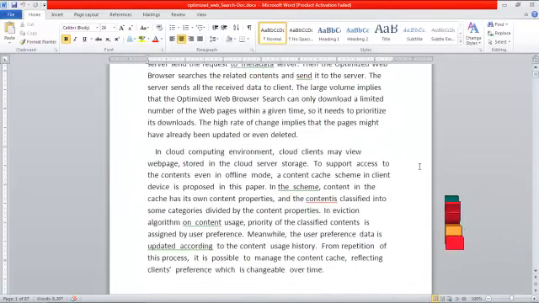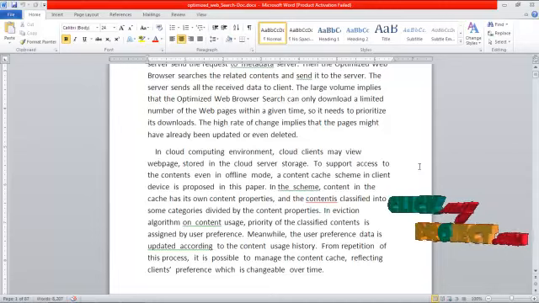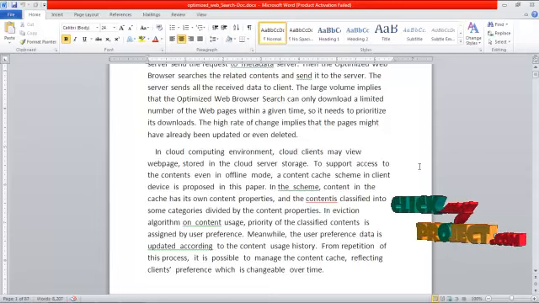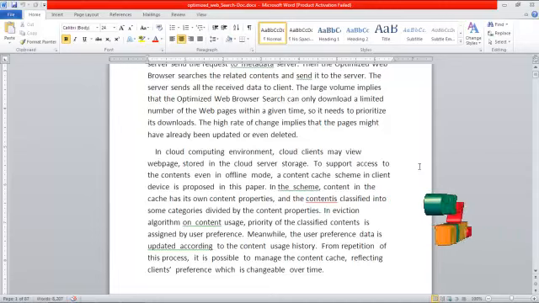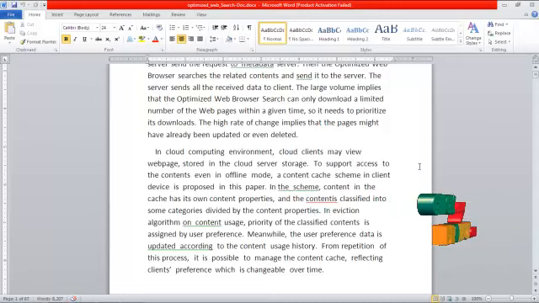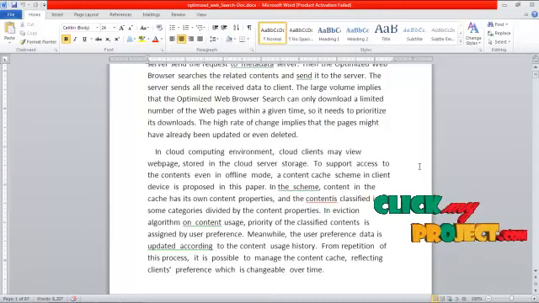In a cloud computing environment, cloud clients may view web pages stored in the cloud server storage. To support access to content even in offline mode, a content cache scheme in the client device is proposed in this paper. In this scheme, content in the cache has its own content properties, and the content is classified into categories divided by the content priority.